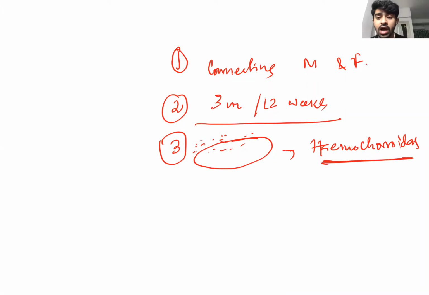So how many membranes are there? The fetus has a membrane, but the mother does not have any membrane. You can tell me, sir, then it should fall, no? You can tell me it should fall from the uterus. No, don't think in this way, because the next thing you have to understand is the endometrium.